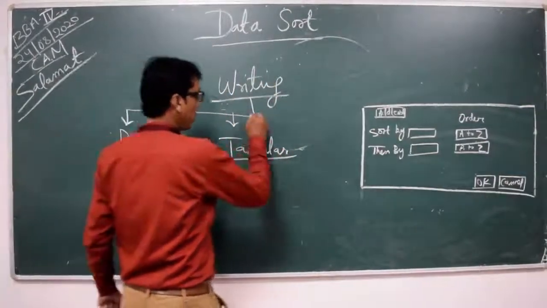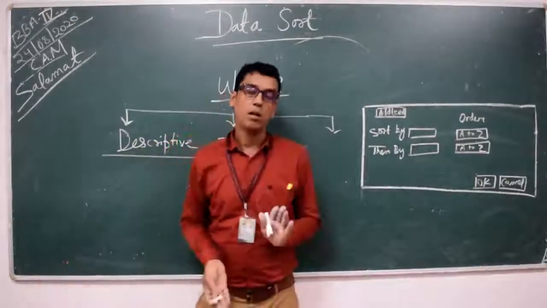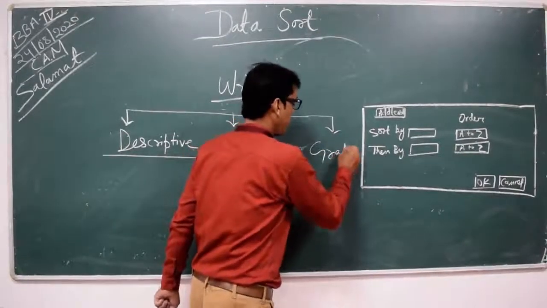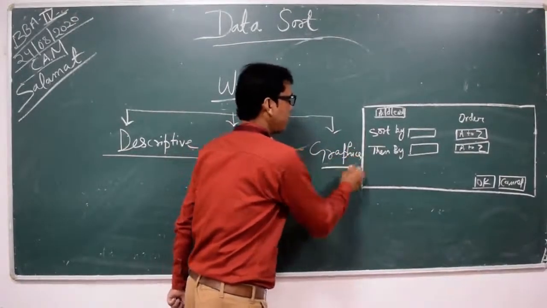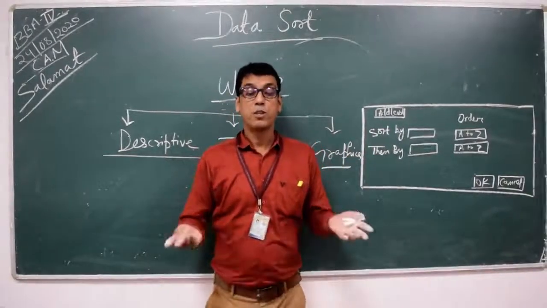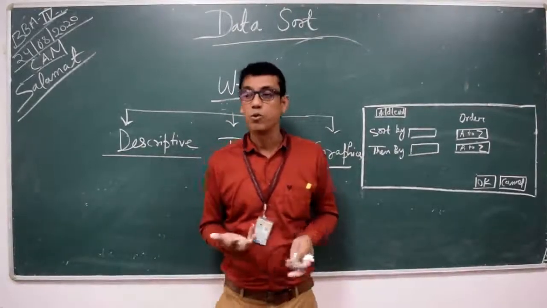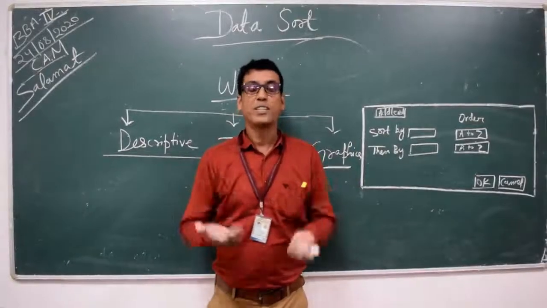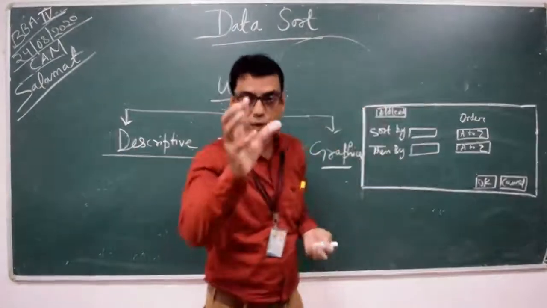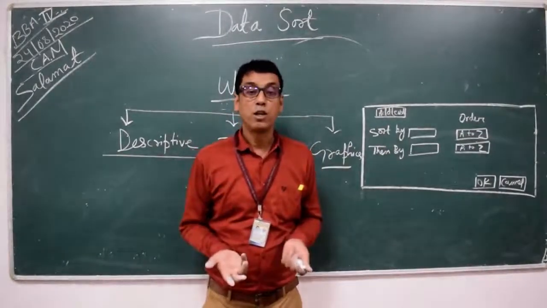Now, the third style of writing is also available, which is known as graphics. A graph represents thousands of words. It means that if there is one thing you have to express and you need thousands of words, instead of those words you can just put one graph. Take an example of a one-day cricket match, a 50-50 match.